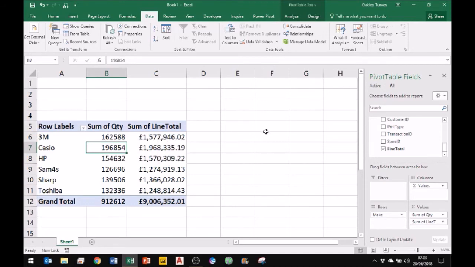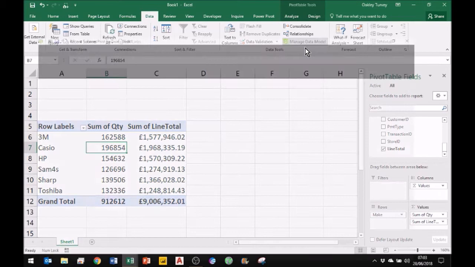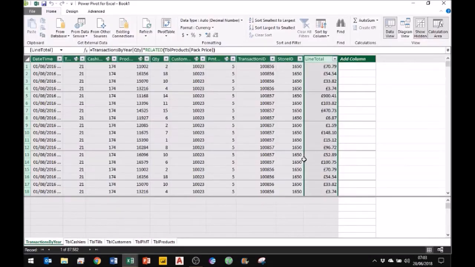Pretty much the answer we wanted. All we need to do now is put in some kind of timeline on there, or use time on the axis of a chart. In order to do the same for the cashiers though, we need to do a little bit more work. So I'm going to go back into the data model, and we're going to have a look at the cashiers,